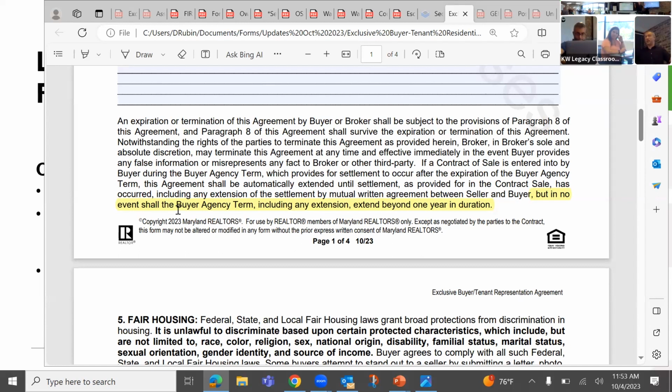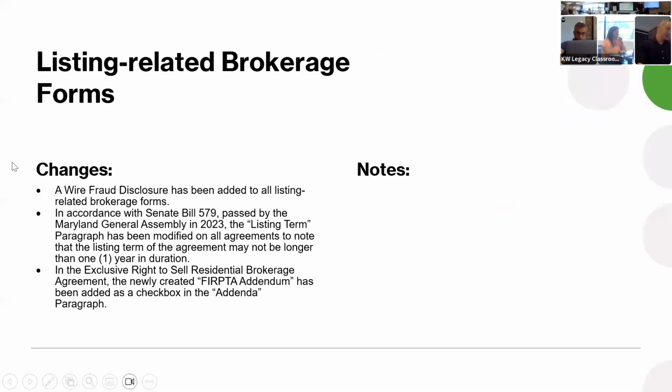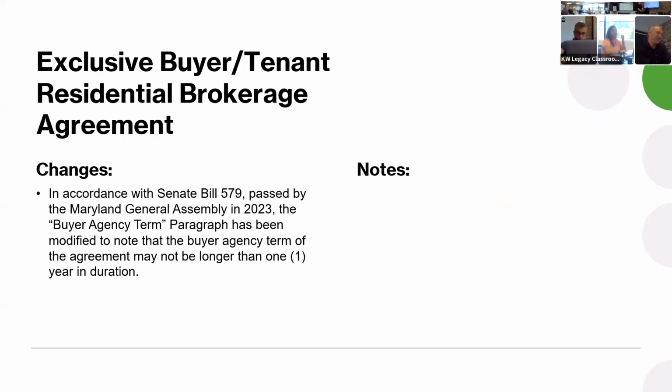So if you start with 1 year, you can't just tack on an addendum. You need a brand new agreement. If you have a 6-month term, you can extend it once, maybe to that full year, but you cannot ever exceed 1 year for one agreement. So it's just kind of an annoying paperwork thing where you need multiple listing agreements. So don't do that. It shouldn't take you that long to sell it. Well, it's also for buyers, right? I think we've all seen buyers that maybe do take longer than a year.